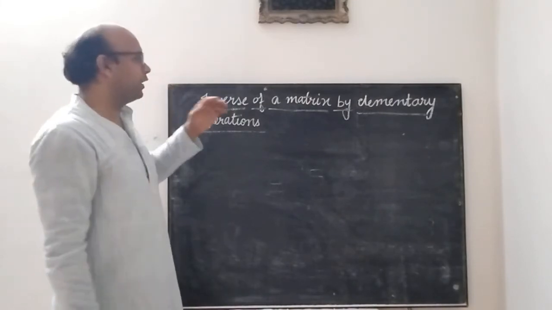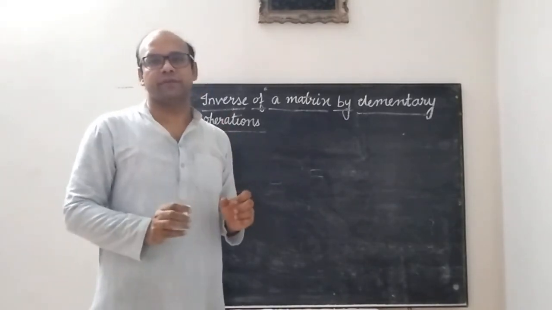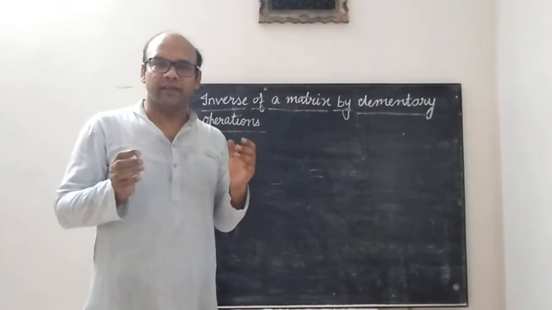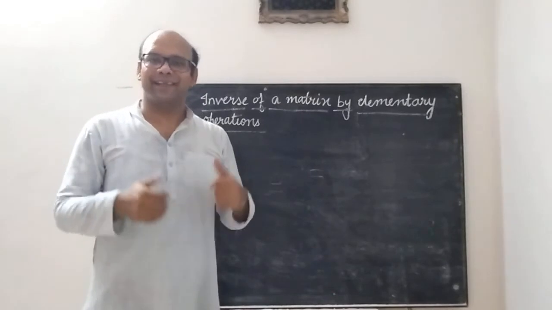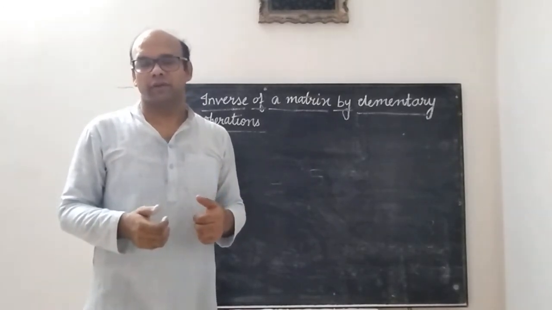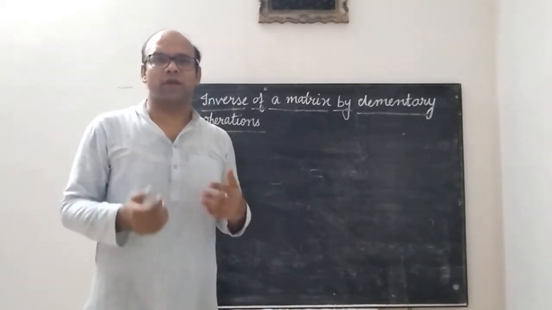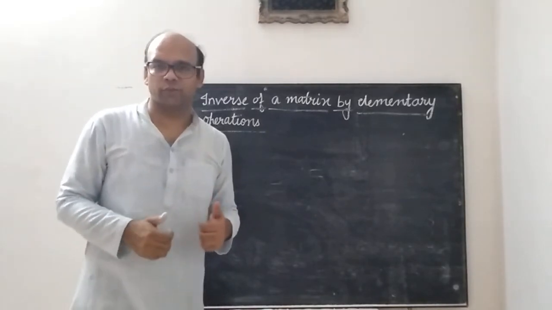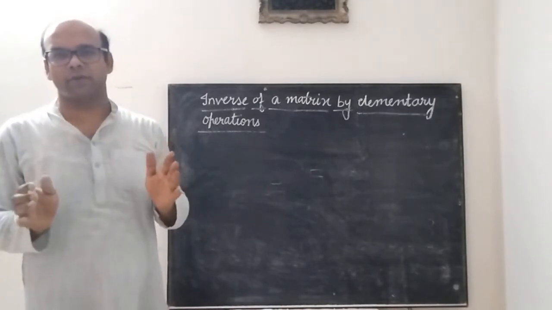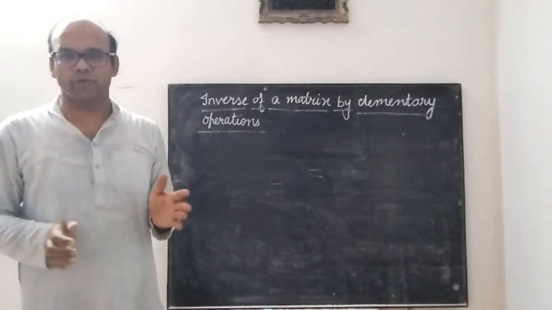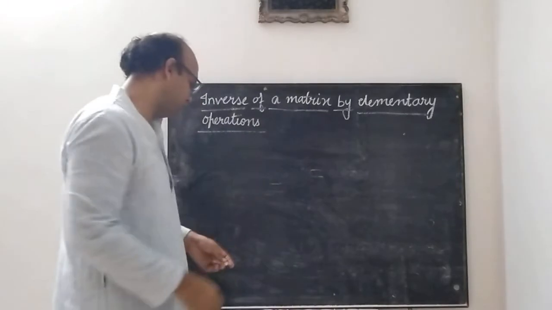Okay. So what we are doing is building up the concept of how to use the elementary operations in finding the inverse of a matrix, if it exists. And we know that the inverse exists only for square matrices, if it exists. So we are talking about square matrices, and that has to be clear to us. We will not be talking about rectangular matrices or any other matrix. We are simply talking about square matrices, where the number of rows and number of columns are equal. So it is important that we have a clear concept.